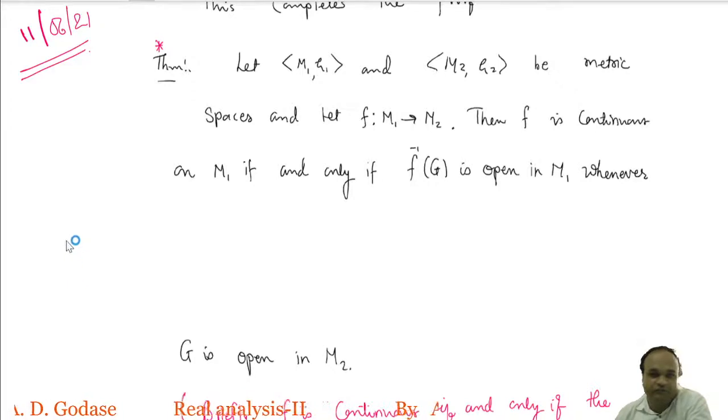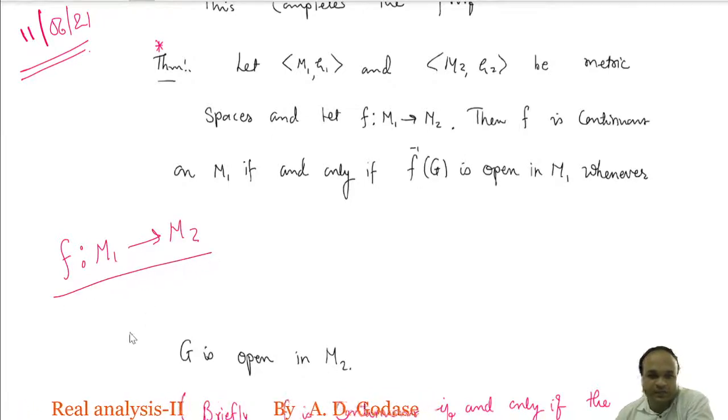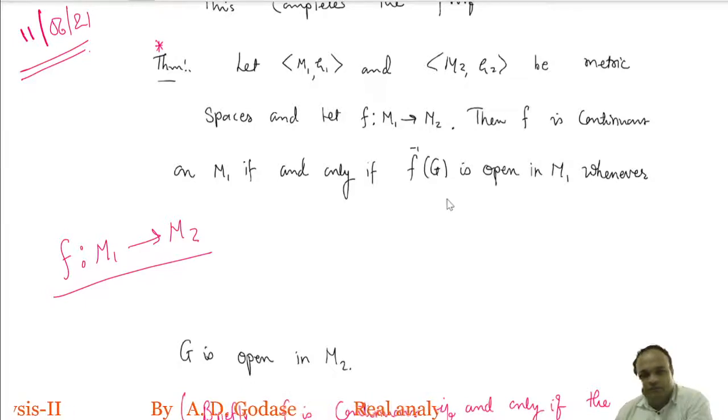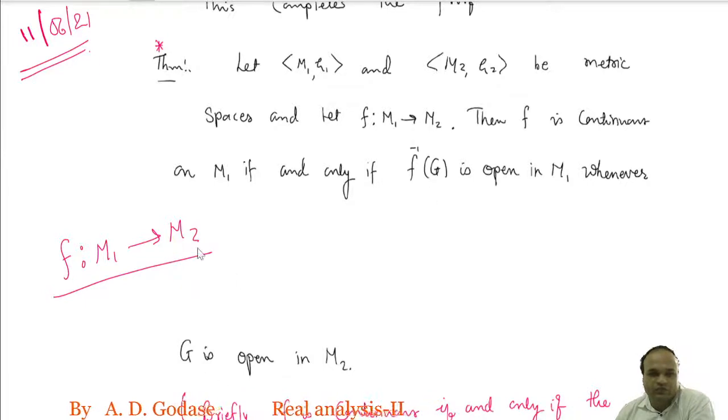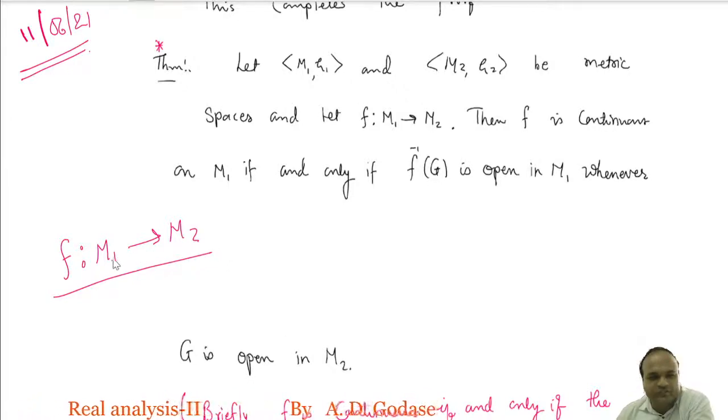So F is a mapping from M1 to M2. When we say this mapping is continuous, if F is continuous then this statement is true. That is, whenever G is open in M2, its inverse image, that is F inverse of G, should be open in M1. And if it is true for every open set G, that is, whenever G is open in M2 its inverse image F inverse of G is open in M1,